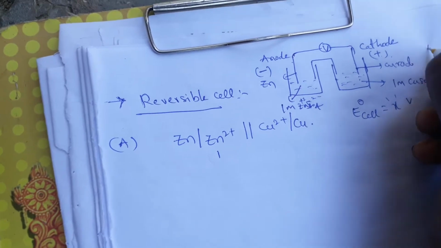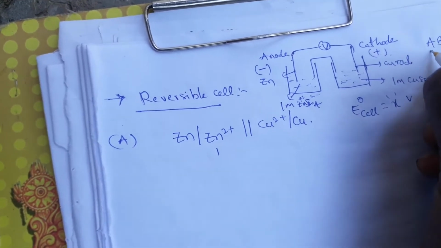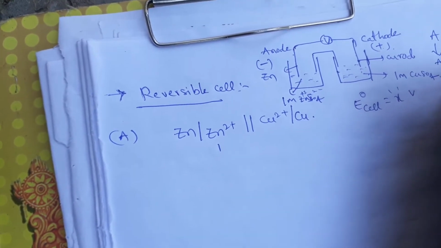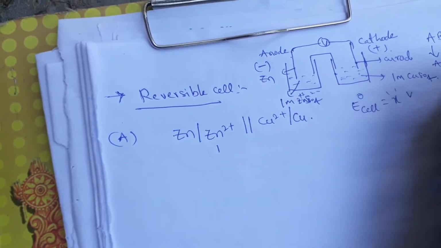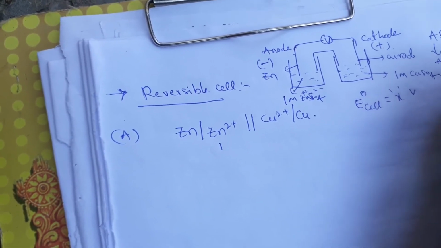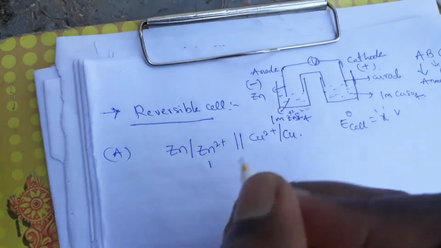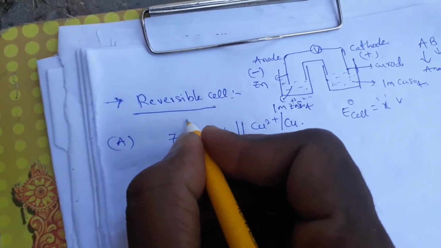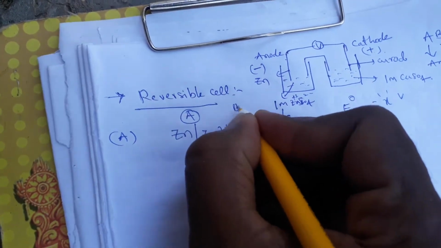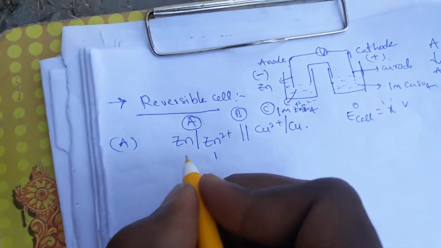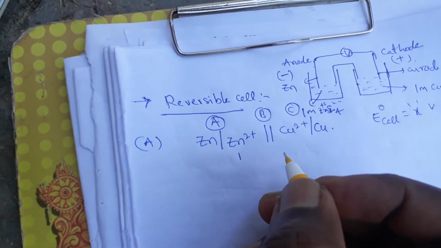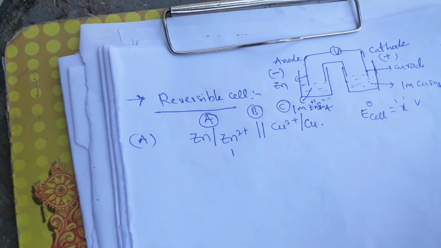So A, B, C. A means anode, B means bridge, which is the salt bridge, and C means cathode. So this is A, this is B, and this is C. So we have the anode half cell reaction and the cathode half cell reaction. We'll see how the